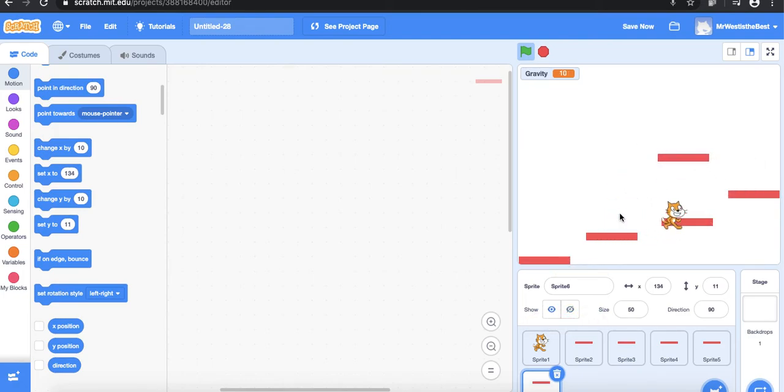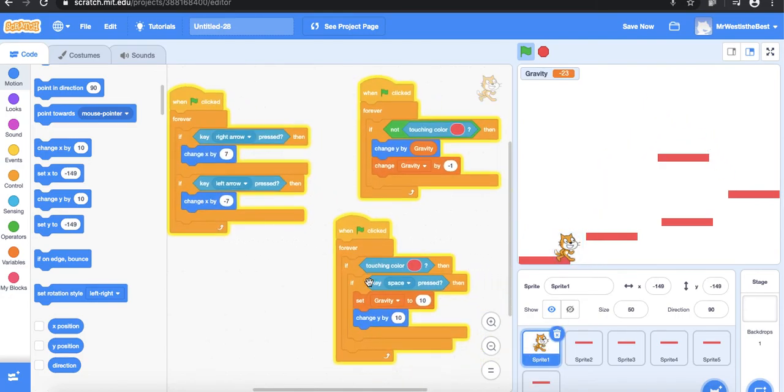And we'll go through. Now, the next time we might go through how to make a bad guy who runs back and forth. But just for this lesson, I'm happy for you to really just copy that down. The main things I want you to understand is basically we're saying if your character stops touching this, so if it does go up in the air, we want to make sure that the gravity is pulling it down by 1. And then if we press the up arrow, we're setting the gravity to 10, and we're also changing the y by 10. It's not completely clear cut as to why it works,